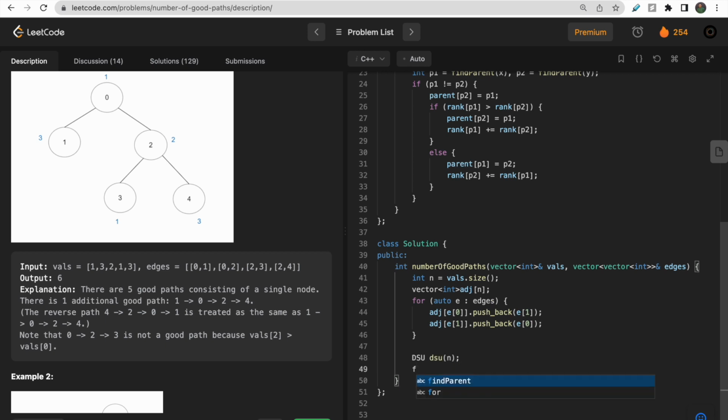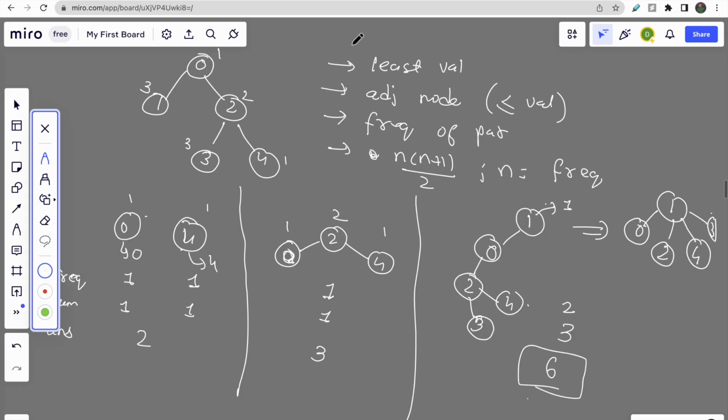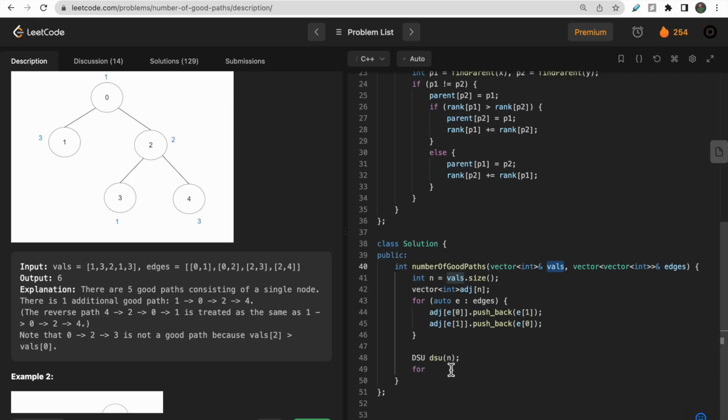Then what we would do, now we want to find the least values, or we want to traverse all the nodes based on incrementing their values, as we did here, to get the least value and traverse it in such a way. So for that I will take one ordered map, and store the nodes with a value in the index. So let me take value to node,